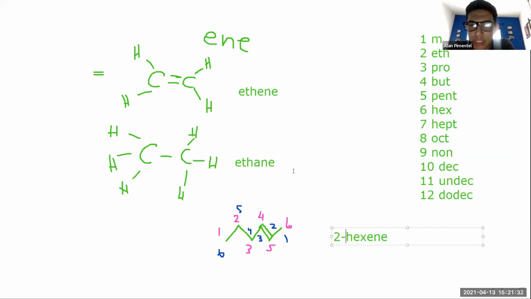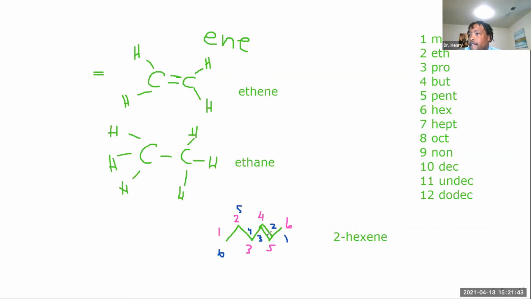Dr. Henry, I missed the part where you put the 2 before the hex. What do you mean the 2 goes there first? Because that's where the double bond starts. It starts on the 2 carbon. Okay. And in that structure, since there's 6, it would begin with hex, then ene. That's right. You count the longest carbon chain, and then that gives you your root. That's going to be the back of it. So you always want to get your longest carbon chain. This is going to make sense once we start getting branching.